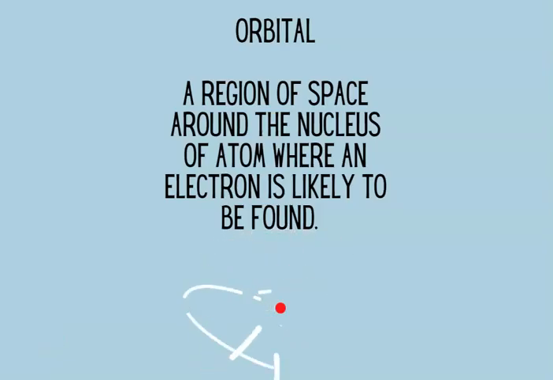In order to understand orbital hybridization, you have to know what an orbital is. You would be studying this in the atomic structure unit for chemistry, and an orbital, as it says here, is not the path an electron takes. It's not an orbit. It's a region of space around the nucleus of an atom where we're likely to find